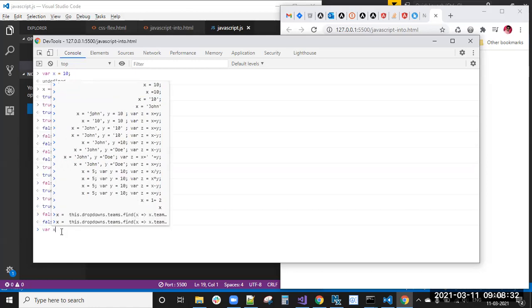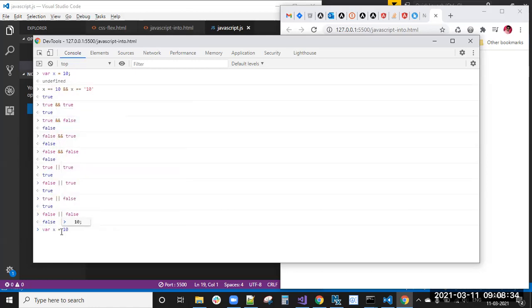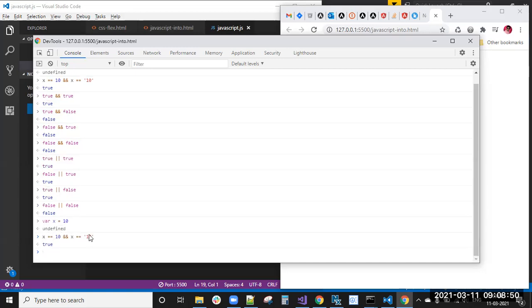Now we will implement in here where x equal to 10. Now I'm checking x equal to 10 and then x equal to 10. I will get true because true and true. Now what I'm doing here, triple equal I'm using. Now what I will get, this is true condition only. X equal to 10 means true. But here this is false, right? True and false. Then I will get false.